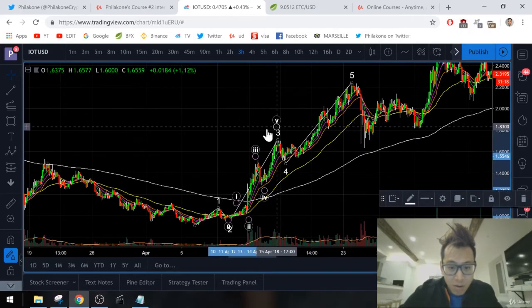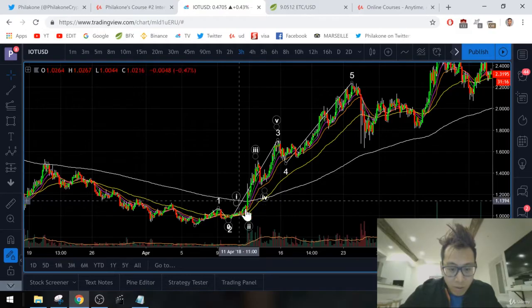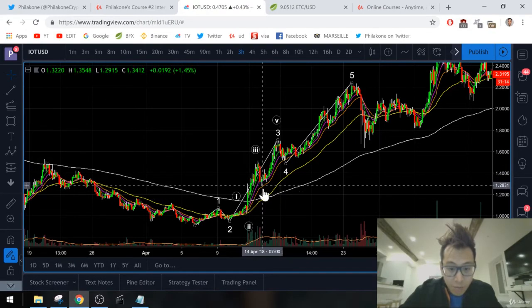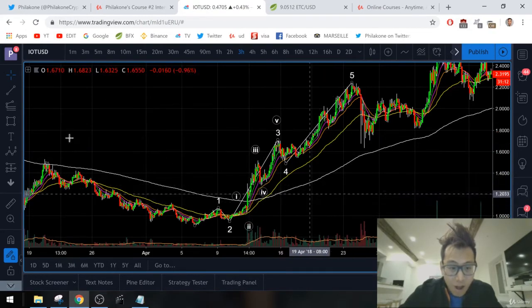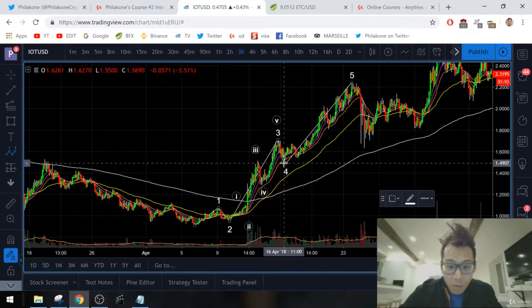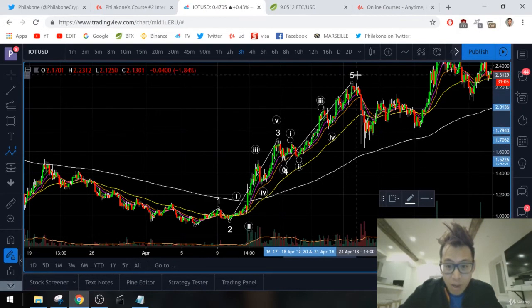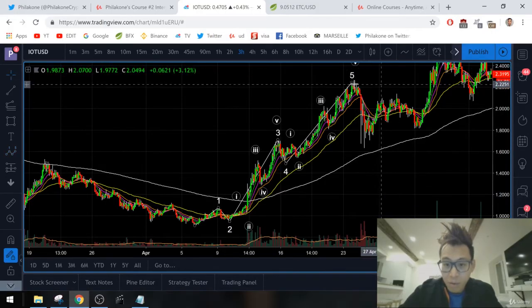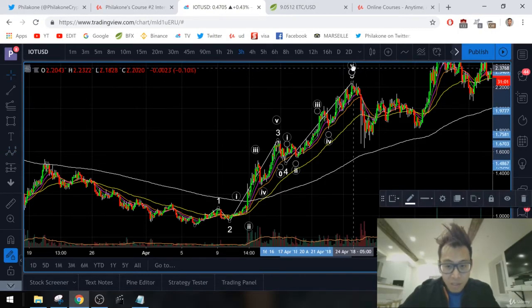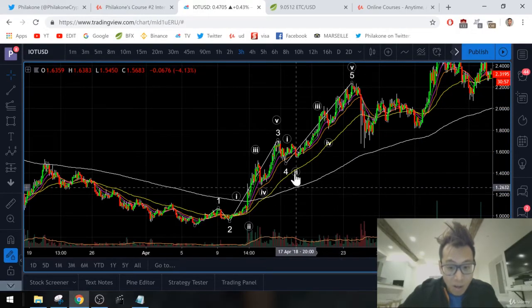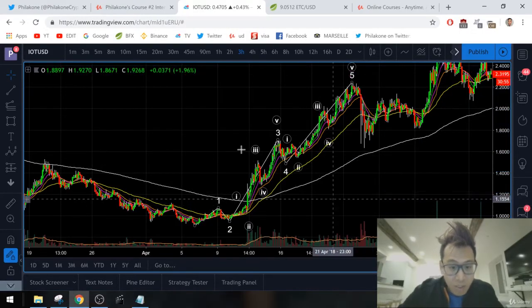Just like this right there. See how it's 1, 2, 3, 4, and 5 going up. And then now we're going to get the same thing here. 1, 2, 3, 4, and 5. Make sense? Okay. Now it's very important, guys, that we know how to count this in terms of understanding